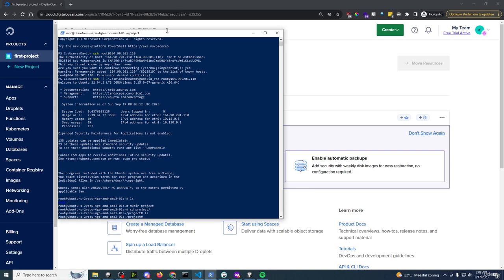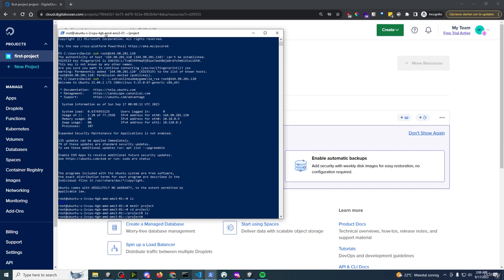Now we're going to have to git clone the repo. And after git cloning the repo, literally, in theory, all we have to do is docker compose up with the production settings, and we will be done. Now there are going to be some mistakes that we're going to have to fix in the code, but let's